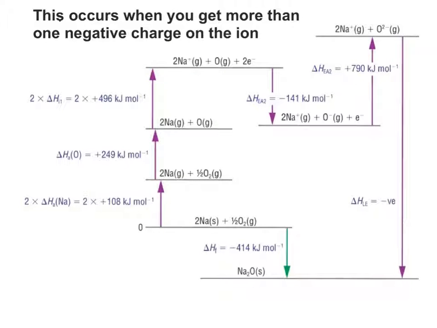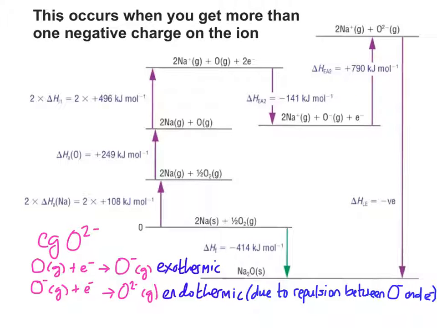So as you can probably guess, this would happen when you get more than one negative charge on the ion. There's another example here looking at sodium oxide. If we look at the oxide ion as an example, you can see that the first stage is the receipt of an electron by an oxygen atom. That produces an O- ion. That's an exothermic change. But the O- and the second electron will repel each other, so that's a more difficult process, so therefore it's endothermic,